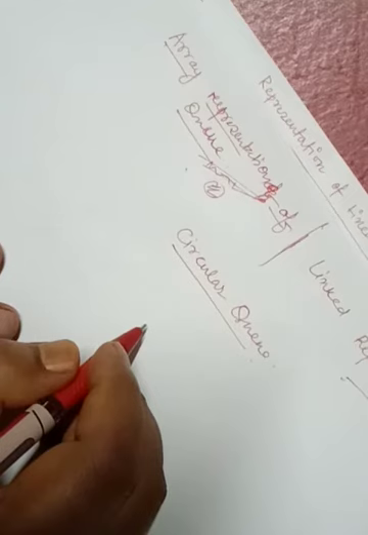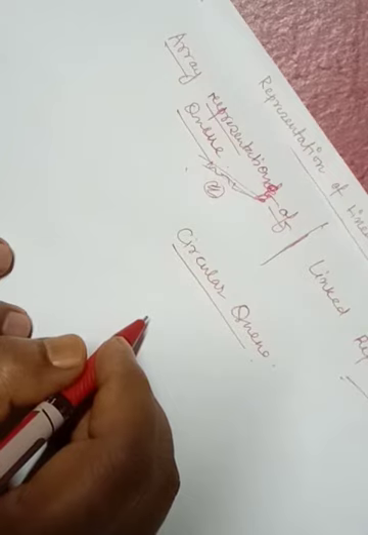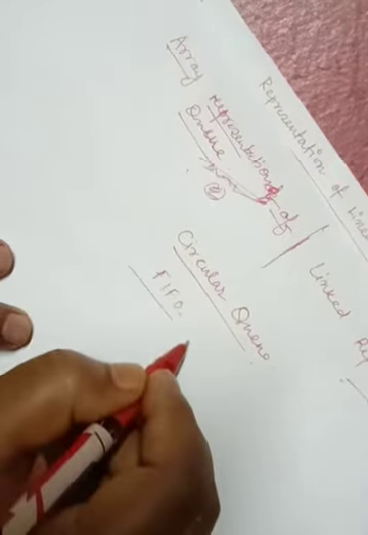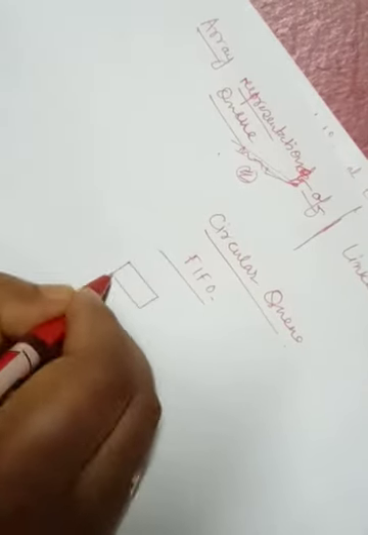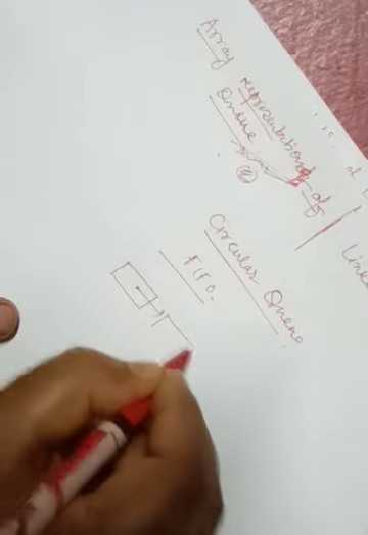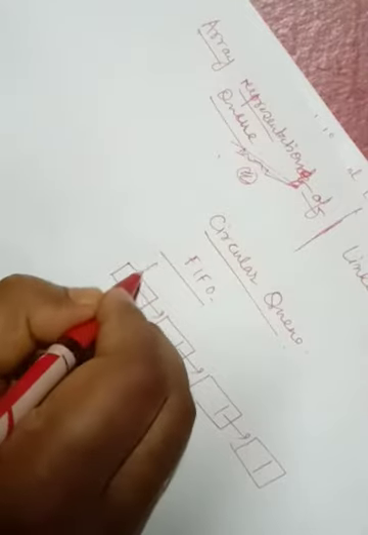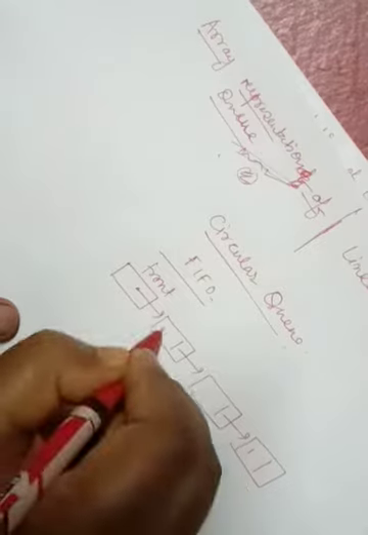The circular queue is a linear data structure in which the operations are performed based on the FIFO principle, that is first in first out, and the last position is connected back to the first. Here you see, suppose this is a queue, and this is the front position,